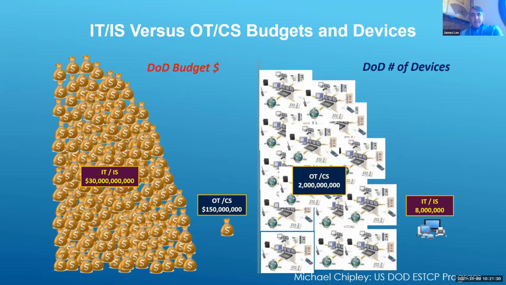And the Department of Defense has, say, 8 million computers here, but they have 2 billion embedded nodes across the DoD. And the current budget for securing OT and these operating technology networks is 150 million. So we have a huge gap in spending and basically a huge gap in knowledge. But it turns out that most of these nodes over here have the same capability of being infected or doing damage as these 8 million here. This is going to be a big growth area, and for all of our organizations, there's going to have to be quite a bit of